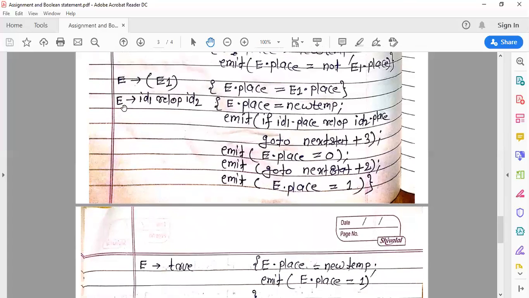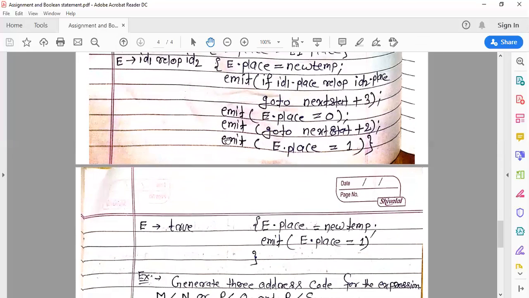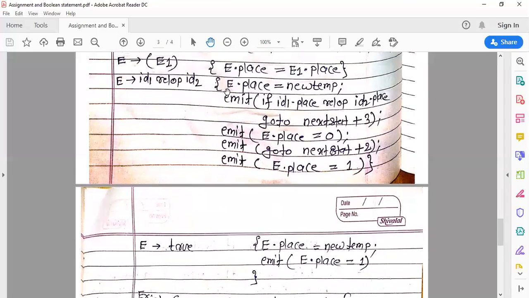So E derives id1 relational operator id2, and for this production we have a semantic rule, enclosed in curly braces, opening here and closing here. All this is the semantic rule for this production.